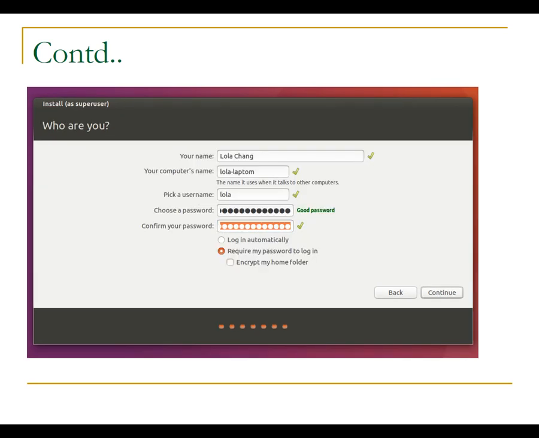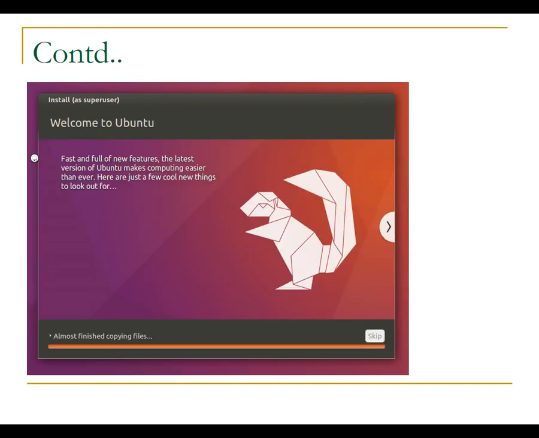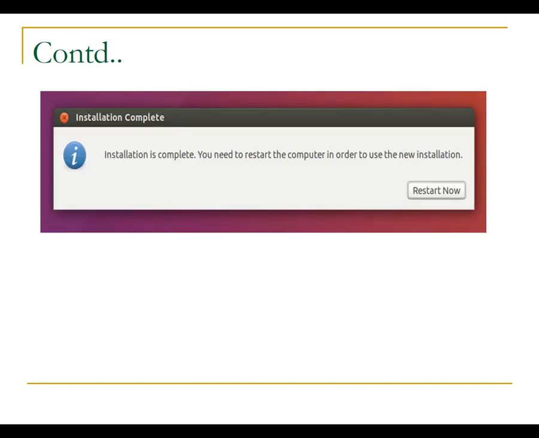Then give a valid username and password through which you can access the resources of Linux. Press continue. After some time the installation finishes and a welcome message appears on the screen which shows that the operating system is successfully installed and we need to restart the system.